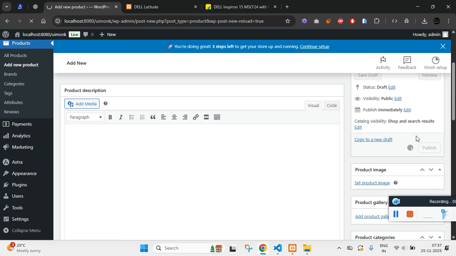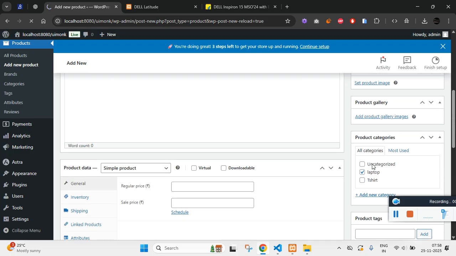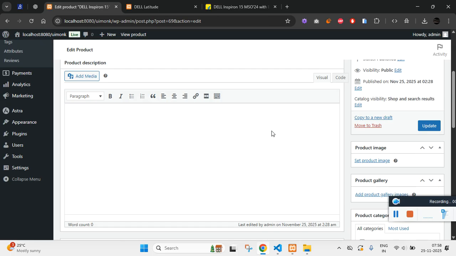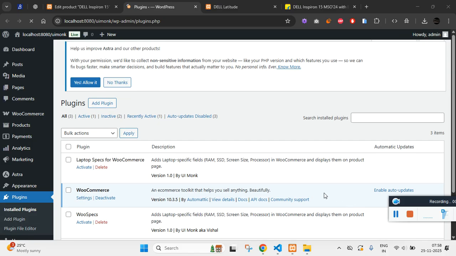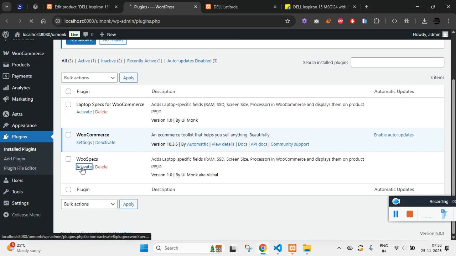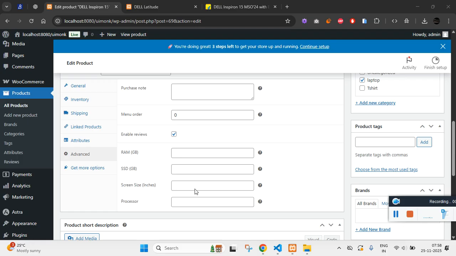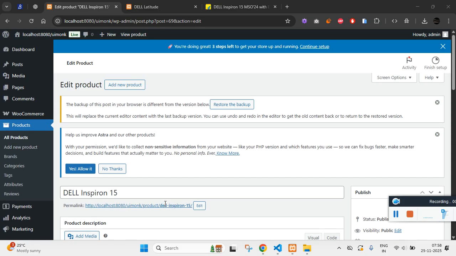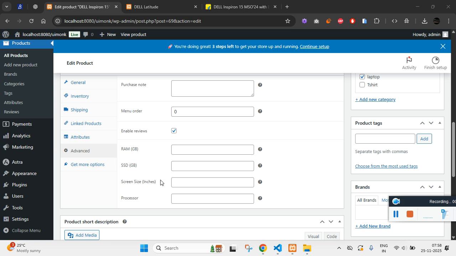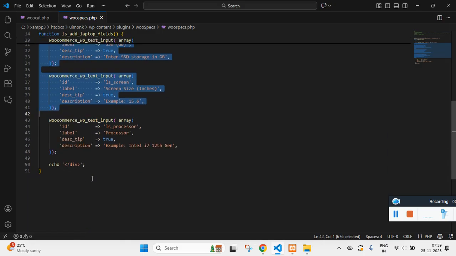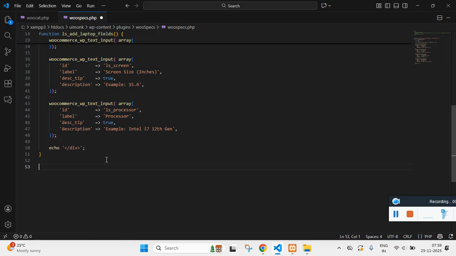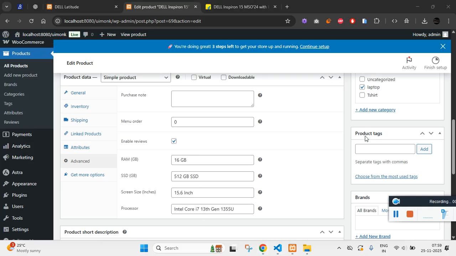First we need to save, so that WordPress knows this category has a custom field. Before expecting the change, make sure your plugin is active. Now you see you have all the custom fields needed for the laptop, like RAM. This code simply says if it's not laptop, then don't show. If it is laptop, then show the fields below. Once these fields are set, let's insert some values, and if you click on publish,